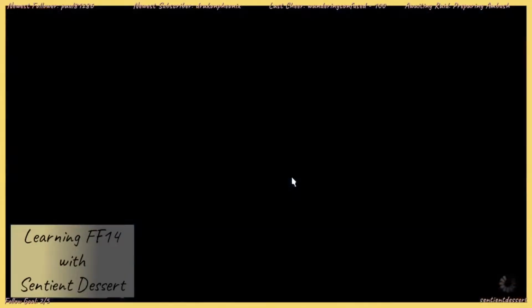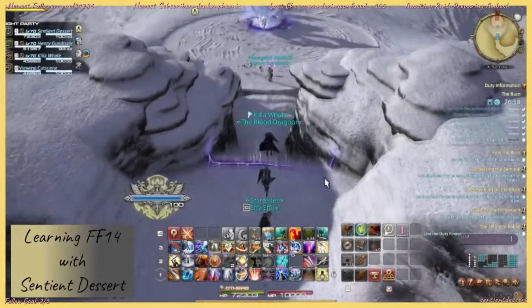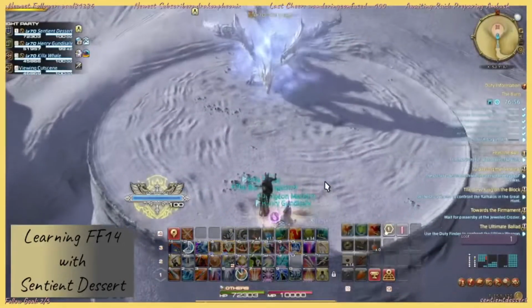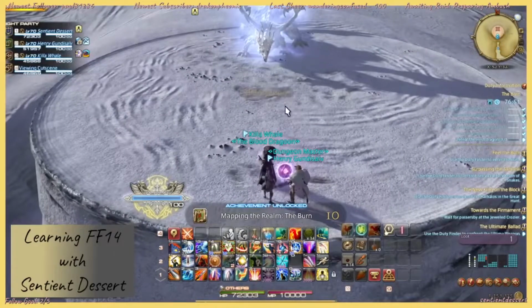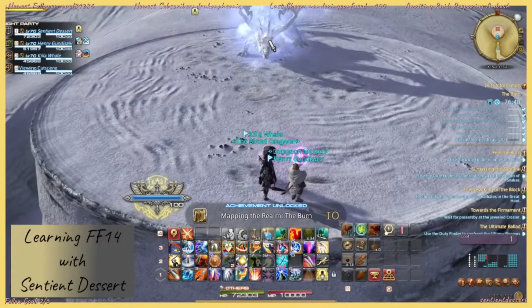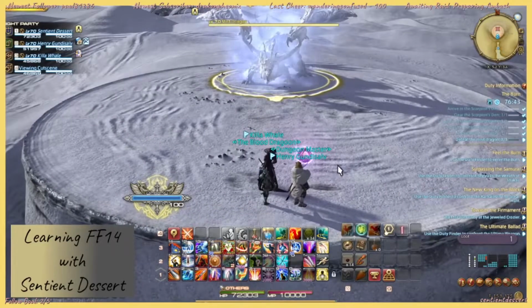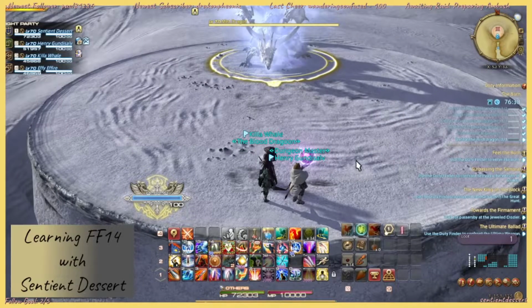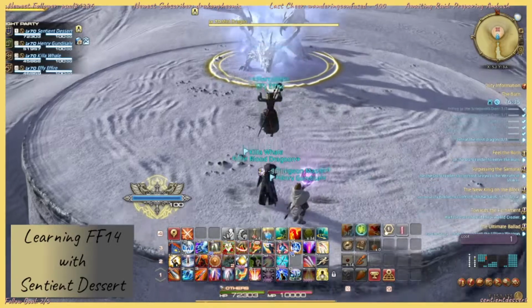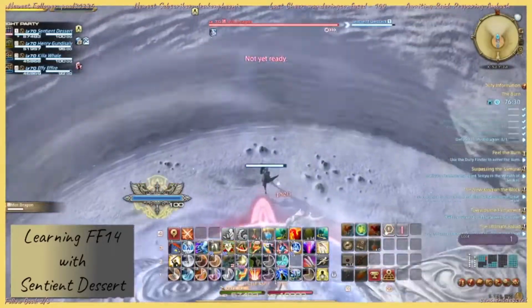Okay. This is a boss that many people will wipe on, and I do expect the Black Mage to die here. That's not a reflection on anything, it's just that there are mechanics in this fight that even if you know them, you can still die to them. Once they get here, engage the boss, pull against the wall,